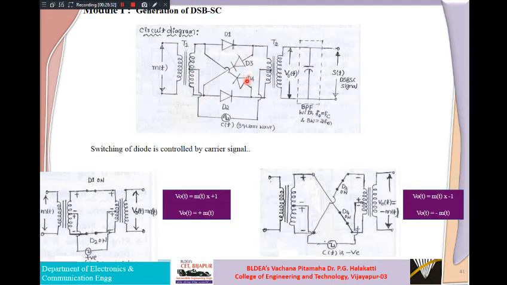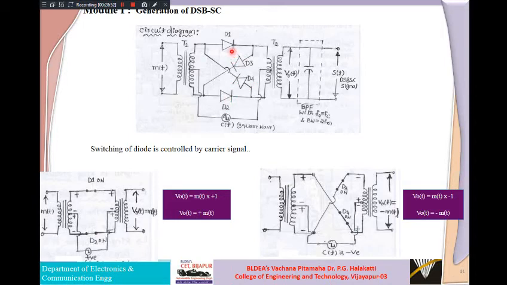Similarly D4, at the cathode of D4 you can see positive is connected to the cathode, which means D4 is off. Remember guys, these are key points of what the evaluator is searching for. You should clearly mention how D1 and D2 are on and why D3 and D4 are off.